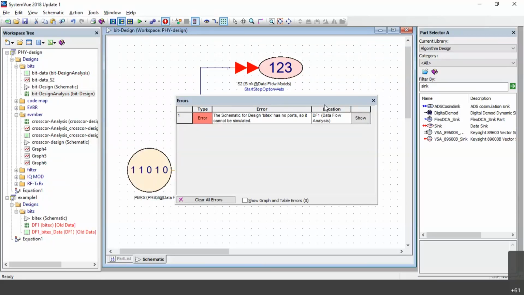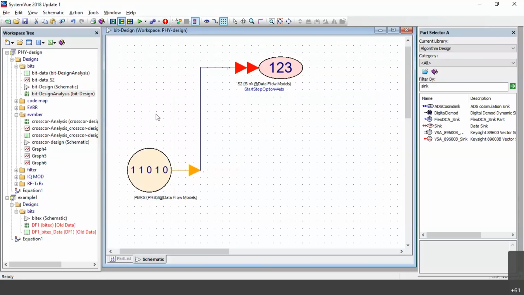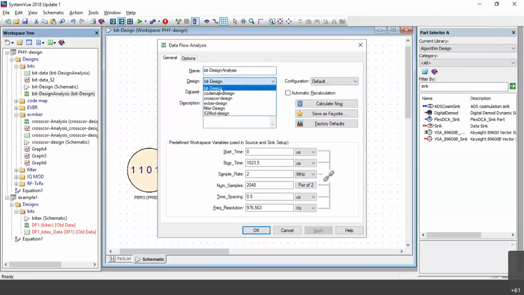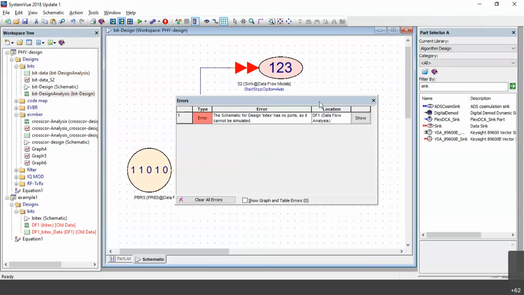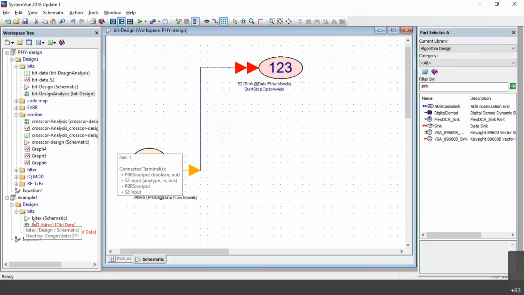Bit example, why is it taking bit example? Sorry, it is showing previous data. Okay, fine. So I'll remove this part.